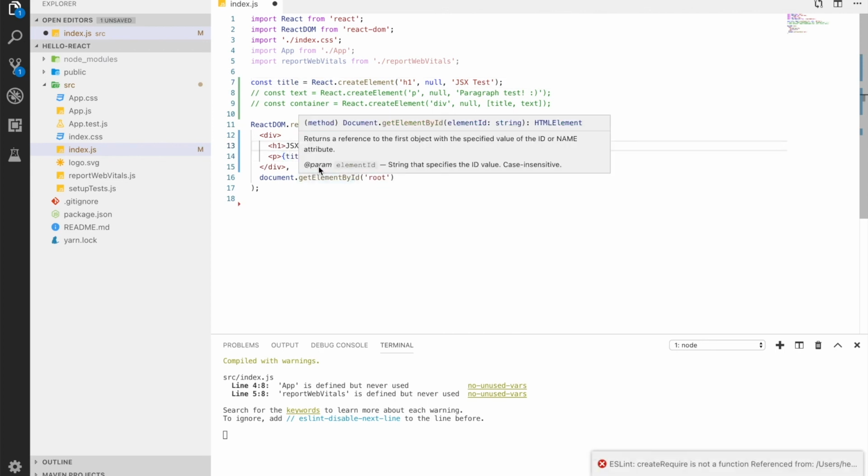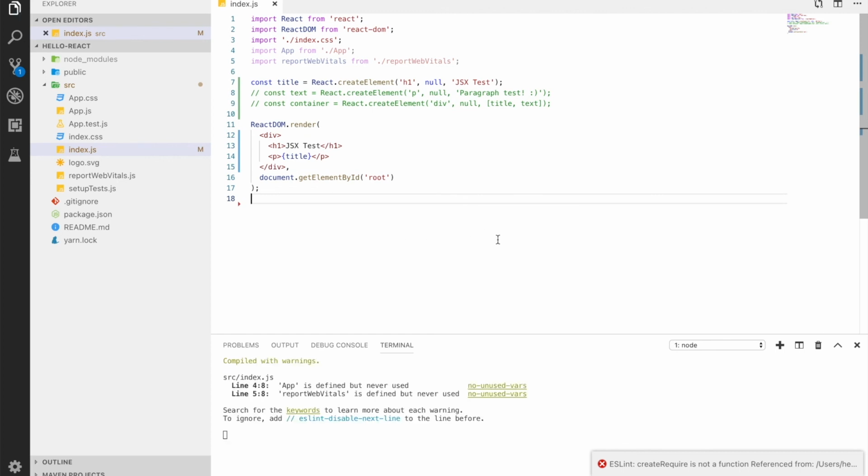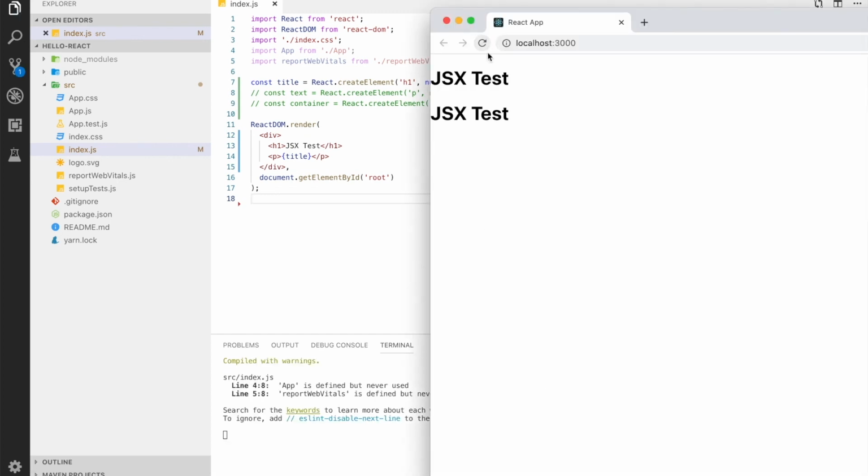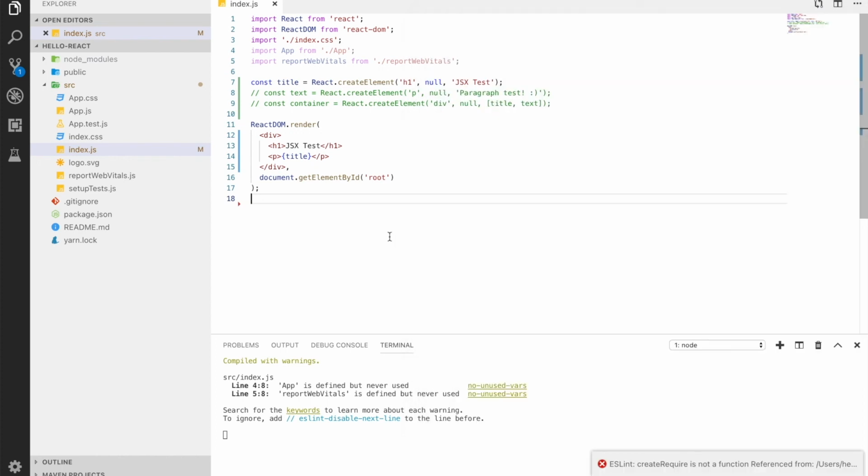So it will be recognized, and if you save it and it's refreshed, you can see the JSX text in the web page. You only need to know about this part later when we create a React component. The ways to specify that component are the code we will continue to practice in the future. So I will explain it one more time when we actually encounter that code.